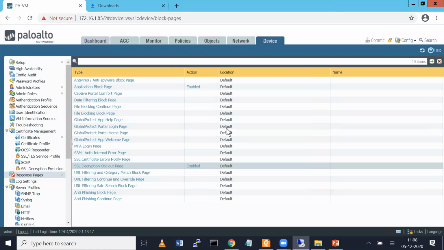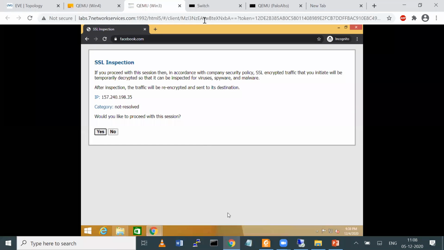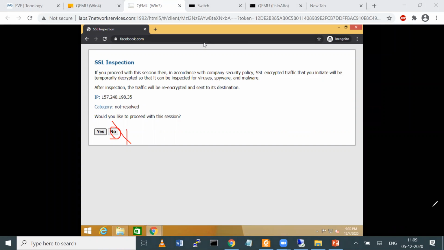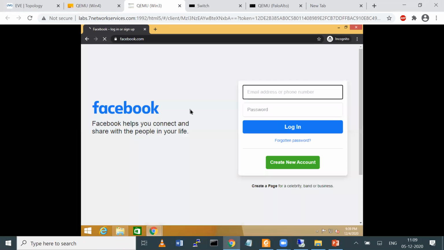See, response page में आकर मैंने ये set कर दिया SSL decryption opt। मतलब SSL decryption enable कर दो और आपसे permissions भी लेगा, opt करेगा और आपको पता भी चलेगा कि हाँ SSL हो रहा है। क्लाइंट को पता चल जाएगा कि अच्छा इस पेज के लिए हो रहा है। अगर मान लो आप बैंकिंग वेबसाइट को यूज कर रहे हो, जैसे ही आता है ये नो कर दो, क्योंकि उसमें कॉन्फिडेंशियल पासवर्ड और ये सारी चीजें जाती हैं। तो पालो अल्टो में ये चीज करेक्ट है कि क्लाइंट को भी पता चल जाएगा कि क्या हो रहा है। अगर आप यस करोगे तो देखो खुल जाएगा फेसबुक, अगर आप नो करोगे तो वो चलेगा नहीं।